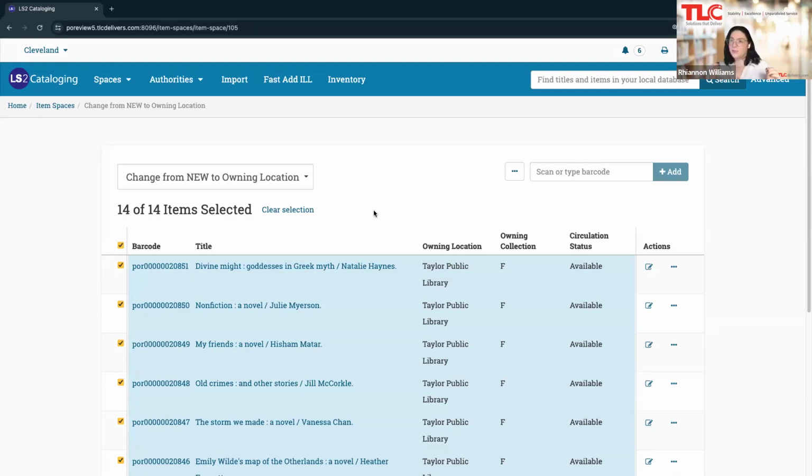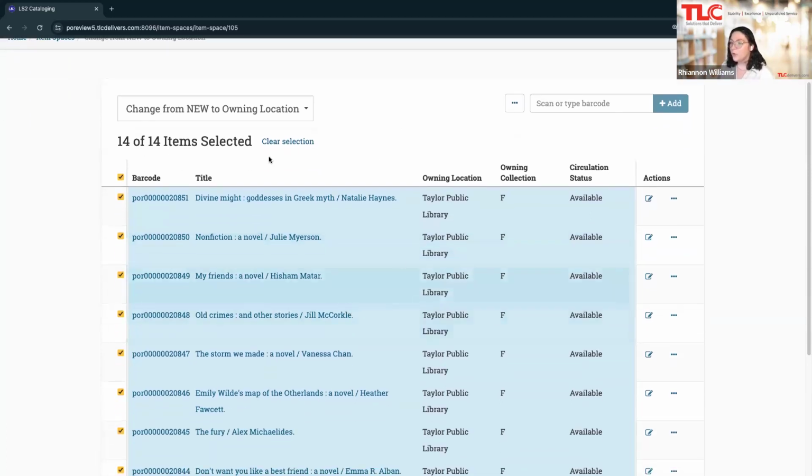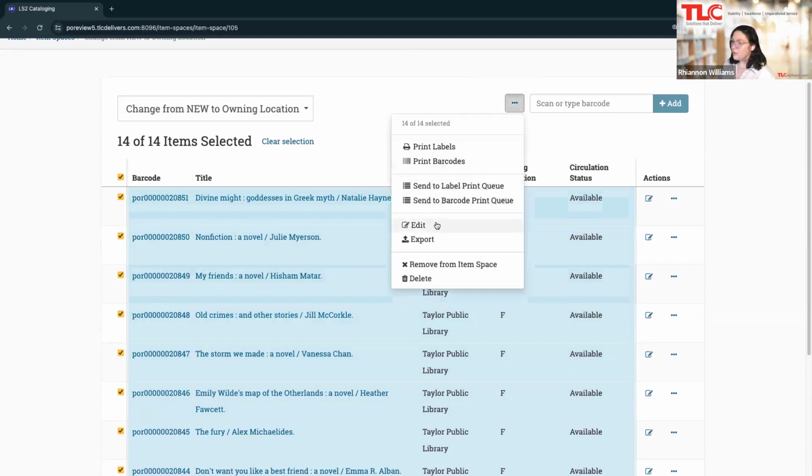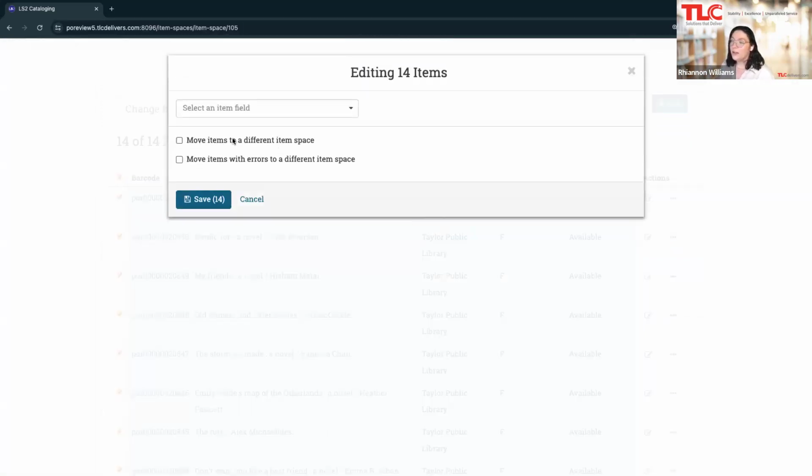All of the new books had a different circulating policy, like a shortened checkout time, all of that. These books were all brand new in January, but in our policy, after a couple of months, we want to move them to their actual owning location rather than the active holdings code. So I can go in here and select to edit all of these,